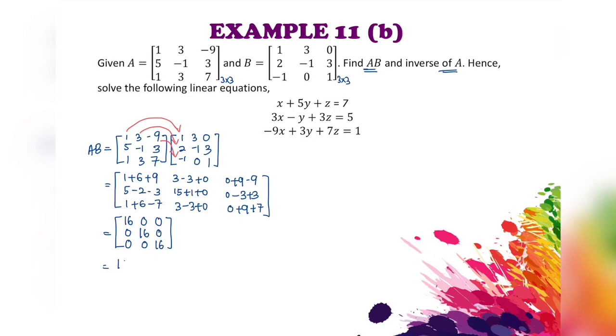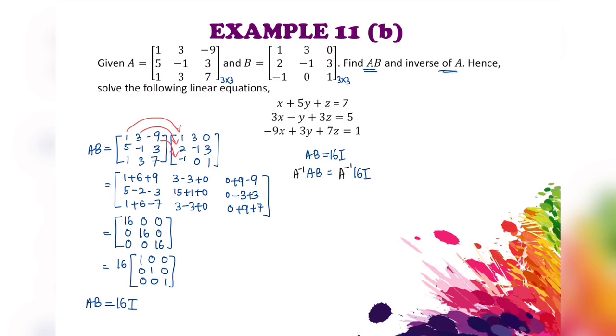So let me factorize 16 out. So we have the identity matrix here, and that means AB is actually equal to 16I. So using this relation, we are going to find the inverse of A. AB equals 16I. So I'm going to multiply both sides by A inverse. So A inverse AB equals A inverse